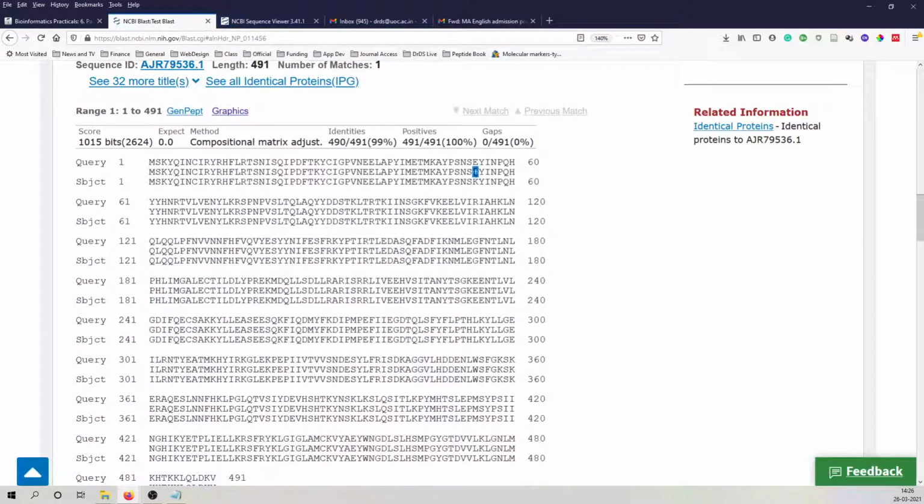So this is it. At this point, there is a difference. Instead of E, here is K. So this is the one amino acid that is different in the database.